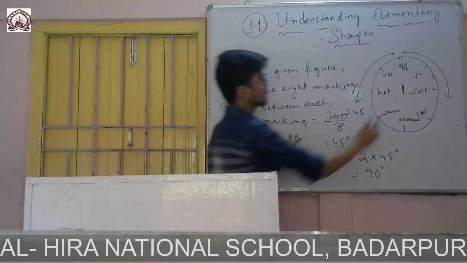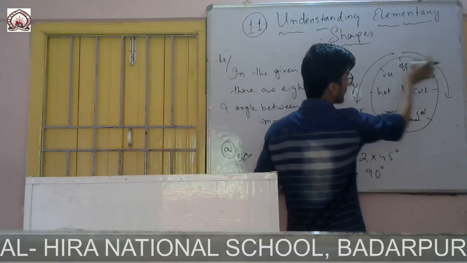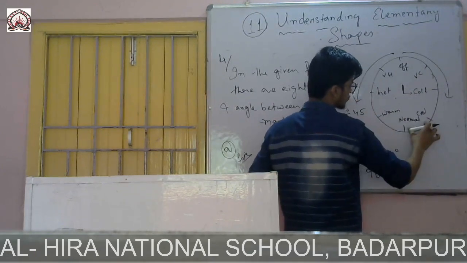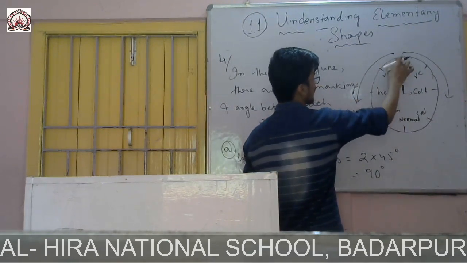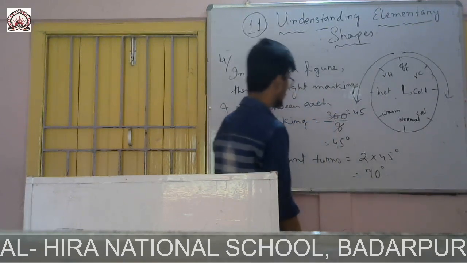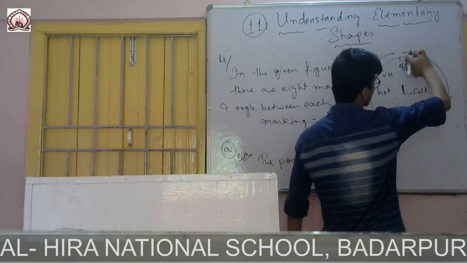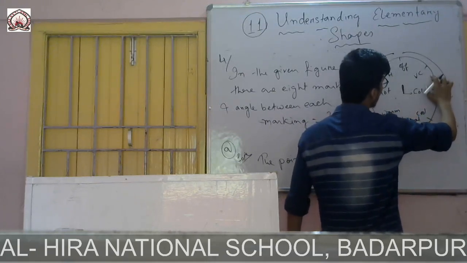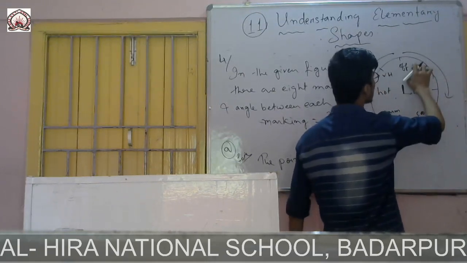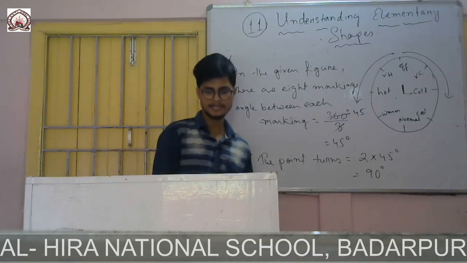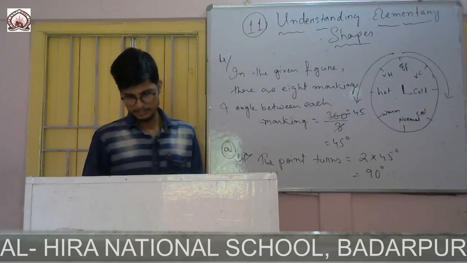You see, one marking from here to here, it is 45 degree. From there to there also 45. This one is also 45. This one is also 45. All these angles are 45 degree. The question is clockwise from here to cold. So clockwise, first of all I covered this one, then how many angles did I cover? 2 angles, and each one measures 45 degree. That means 2 into 45, it is 90 degree. The next one,